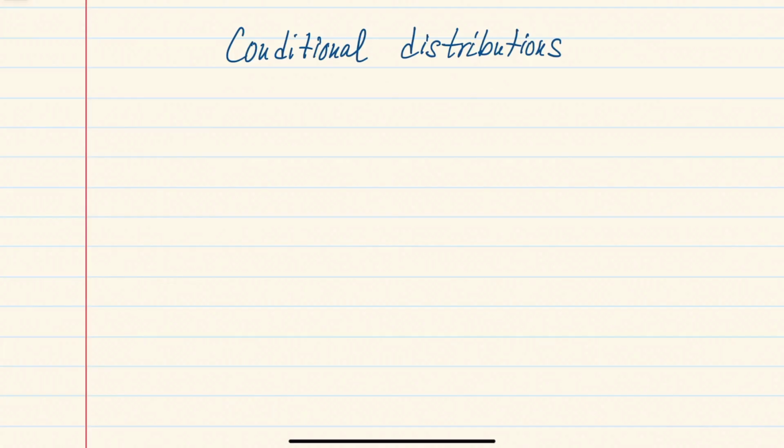In this section, we will discuss conditional distributions, which is a sort of vast generalization of Fubini theorem in calculus and real analysis. So we'll begin with some motivation and discussion of the main result and some examples, and then a little bit later we will prove the main result of this section.